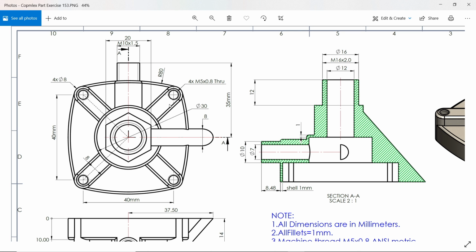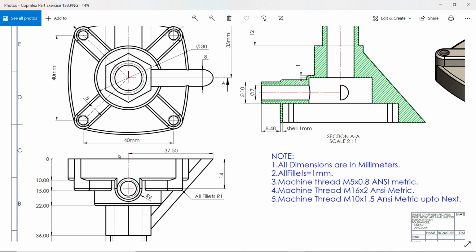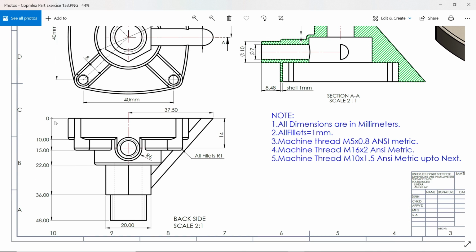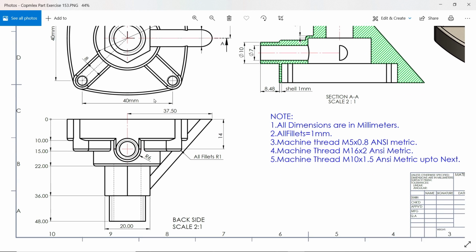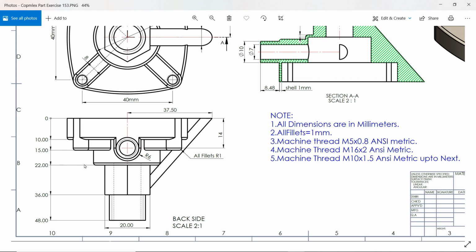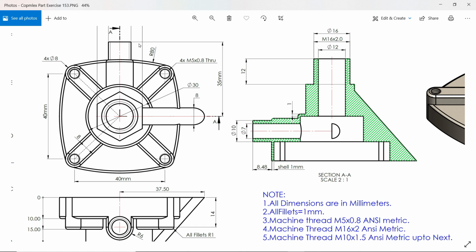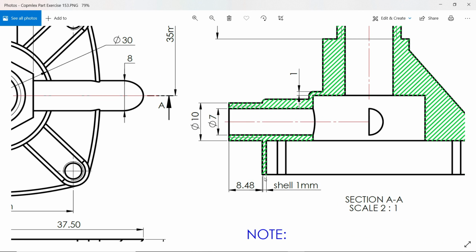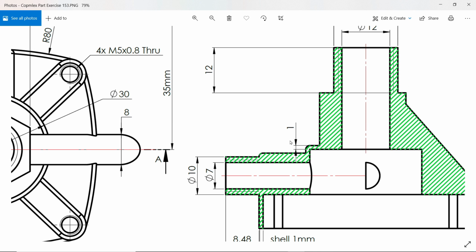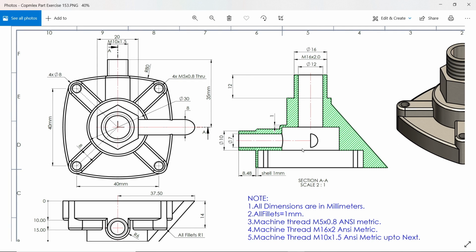Okay, now you will see this back side view, how long we need to extrude: 10 millimeter. Then there is this 130 diameter extruded part. You will see this circular part 30 diameter, and how long we need to extrude: 22. Then if you see in section view, I took this section view in this direction, and you will see there is a 1 millimeter shell, even though you will see the thickness 1 millimeter shell. So these things we will make first.